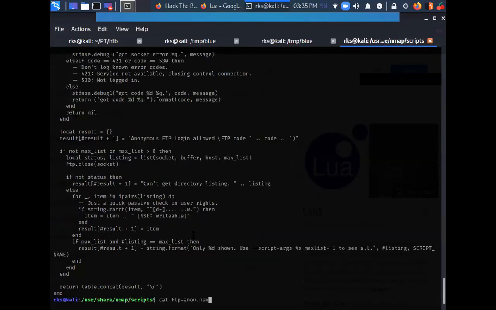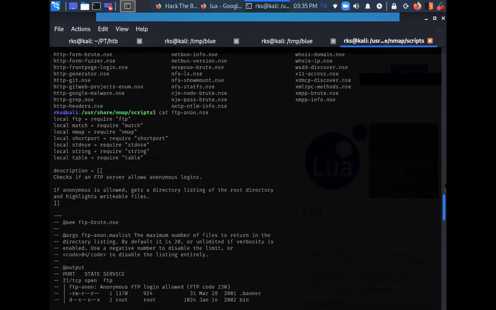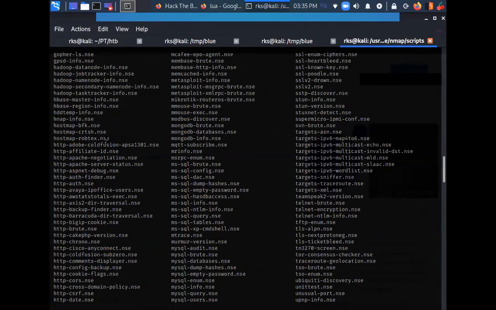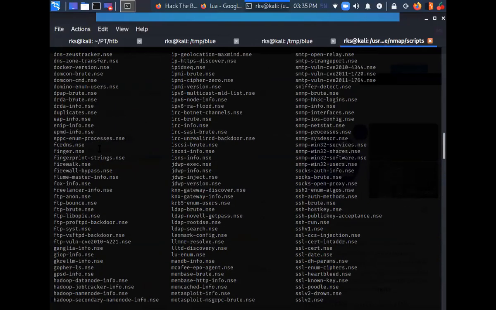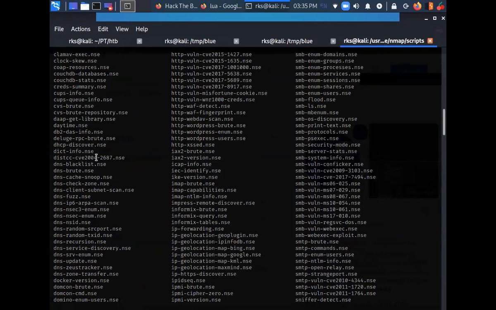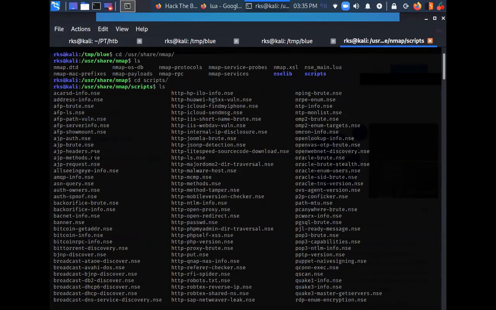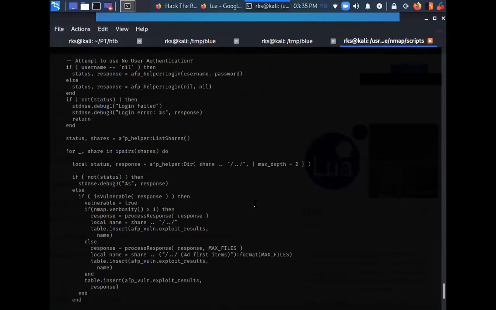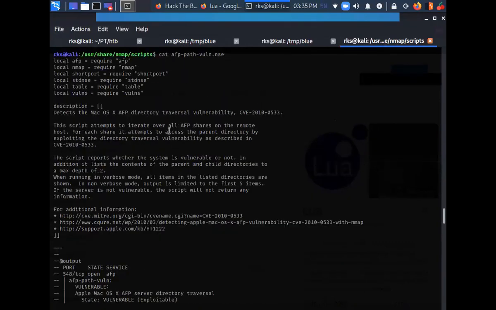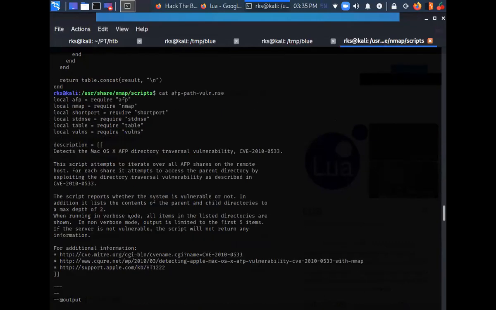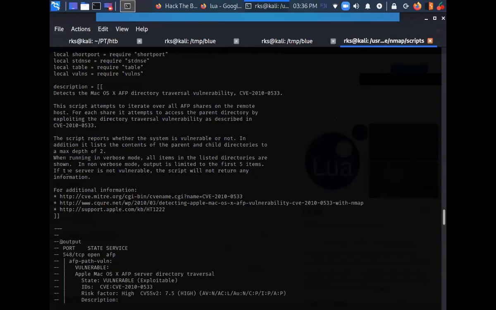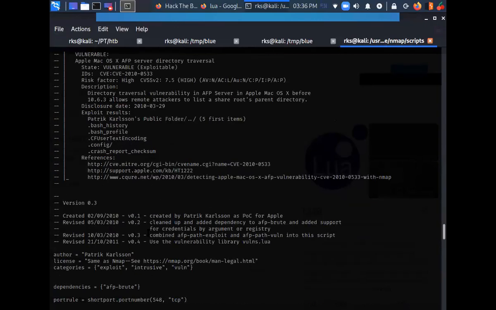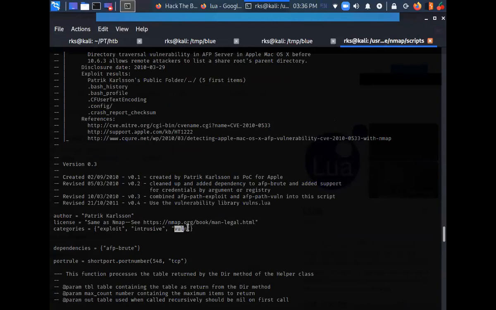Let me just try to read some other script here. So here you can see that I try to read the script, and this script falls under the category of vuln.